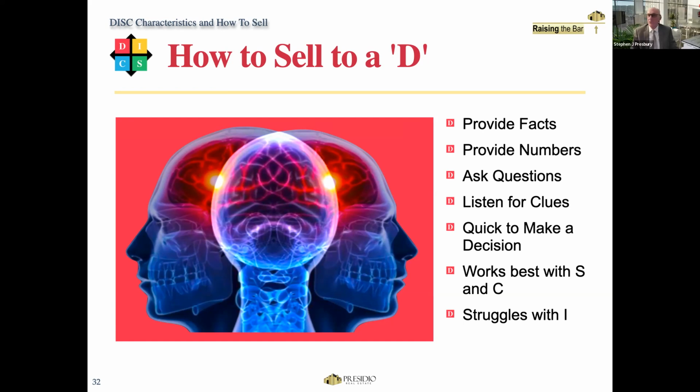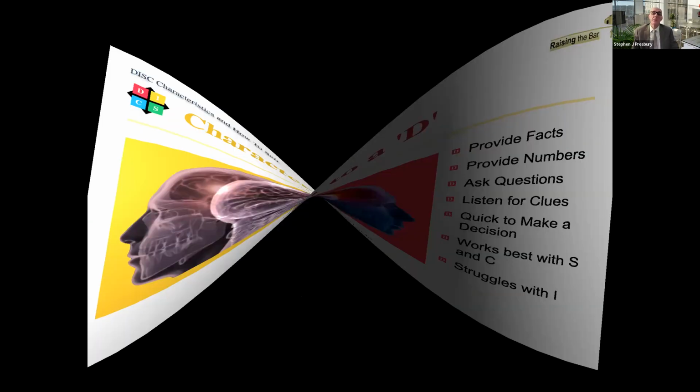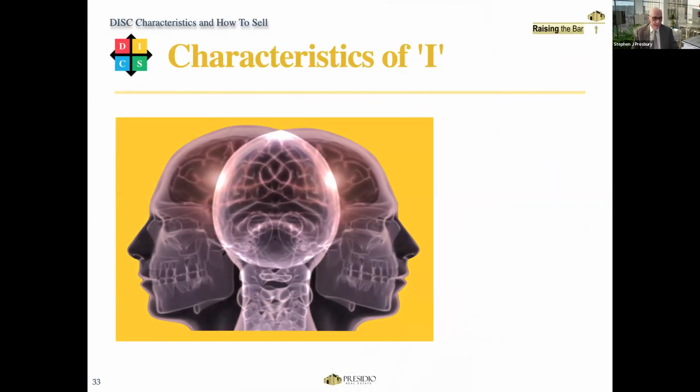Often the yellows will want to stay a little bit longer in the house. Those with the interaction want to be emotionally connected to the home. And sometimes that can be frustrating for a dominant person because they want to get onto the next project. You see, let's get going on this so we can get moving and get a few more homes. Very good. Let's move on to the I's, because that's what we're talking about next.